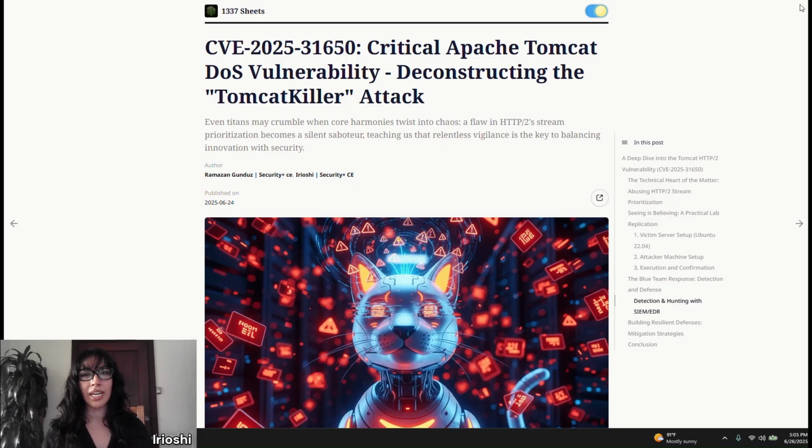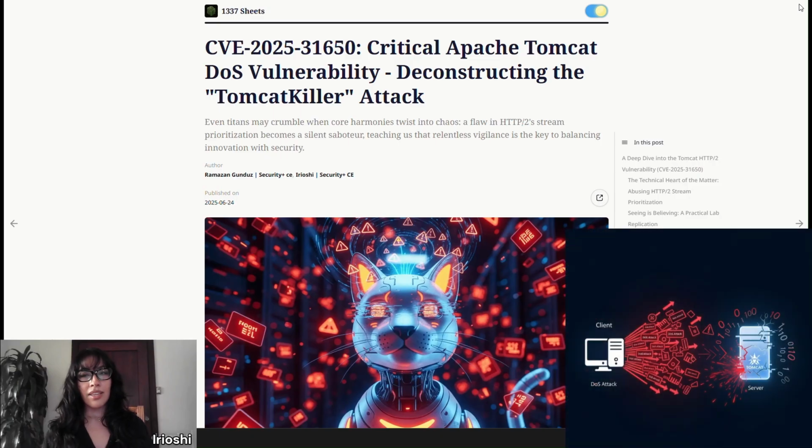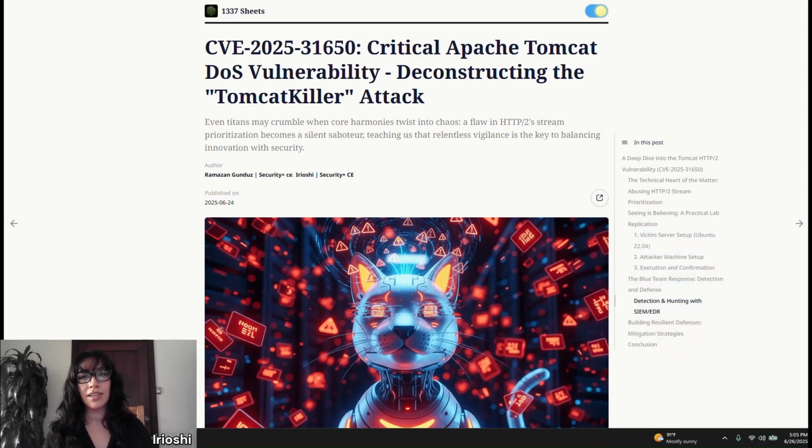In today's post, we're diving deep into a significant security vulnerability affecting Apache Tomcat, CVE-2025-31650. This flaw can allow a remote, unauthenticated attacker to perform a denial of service attack, essentially crashing your web server and making your applications unavailable. It's a serious issue, and understanding how it works and how to defend against it is crucial. We'll break down the technical details, explore the public exploit known as TomcatKiller, and most importantly, discuss how you can